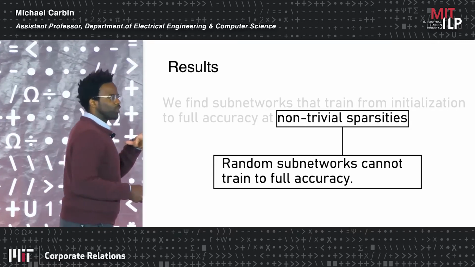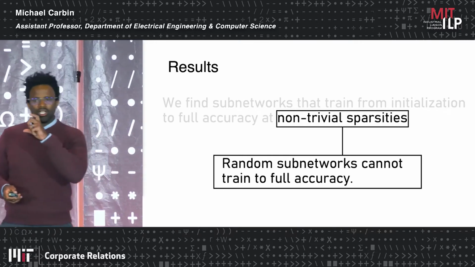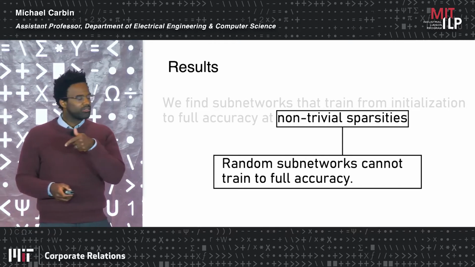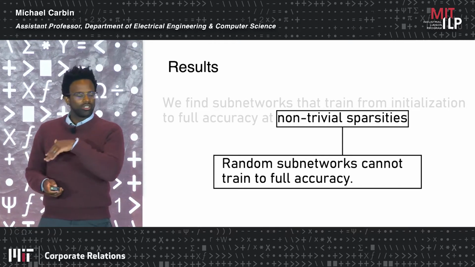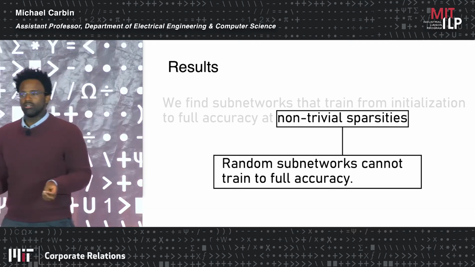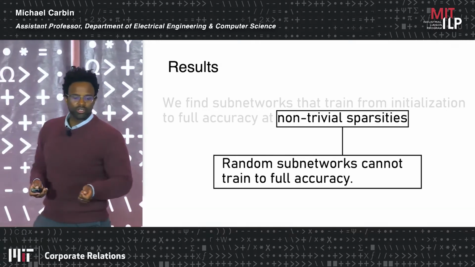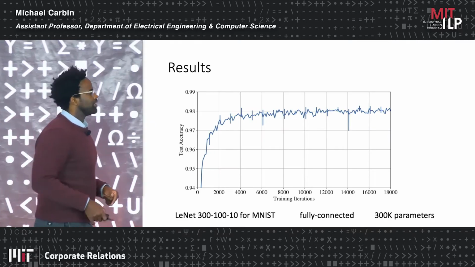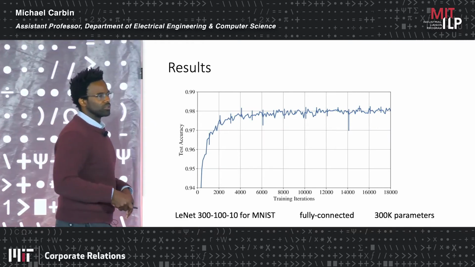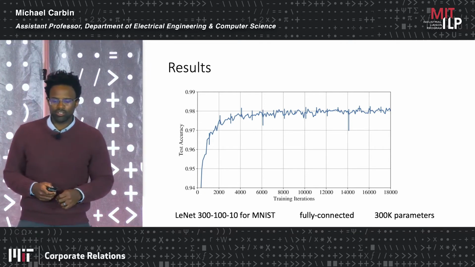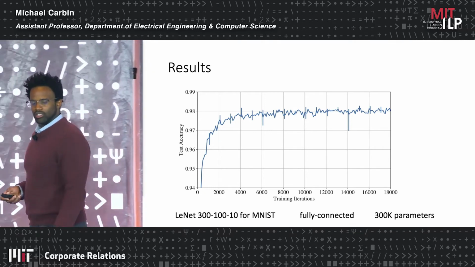Typically, it's usually only about 20% smaller. Once you get more aggressive than reducing more than 20% of the size of the model, then accuracy starts to degrade. Right? So the models that we're finding are instead 10 or 20% of the size of the original network. Now, as some results, just to see how this plays out in a very simple setting here, and of course we have results looking at a wide variety of different domains and different network architectures, but this is one where it's easy to see quite clearly what's happening.